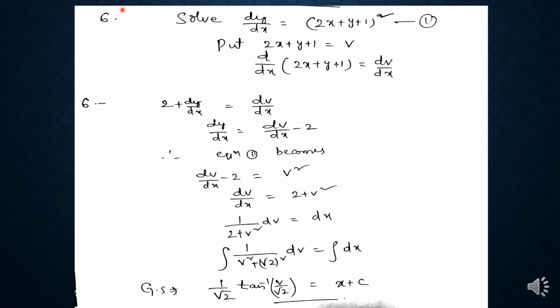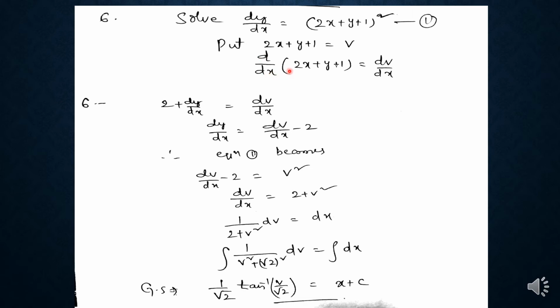Next problem, solve dy by dx is equal to (2x plus y plus 1) whole squared. Put 2x plus y plus 1 is equal to v, because we cannot separate the variables here also. To convert it into the variable separable form, we are substituting another variable, 2x plus y plus 1 is equal to v. Now by differentiating with respect to x on both sides,